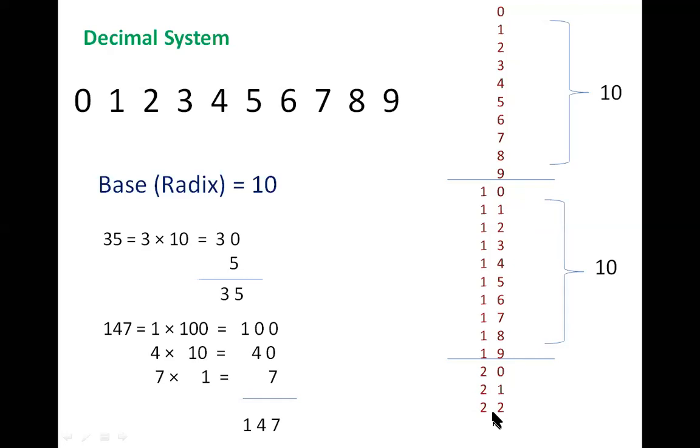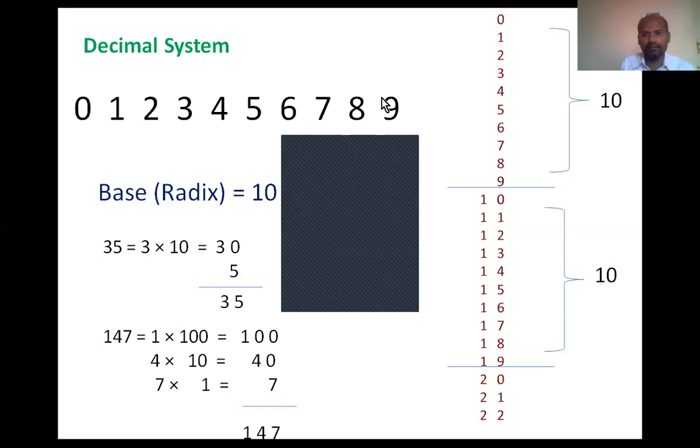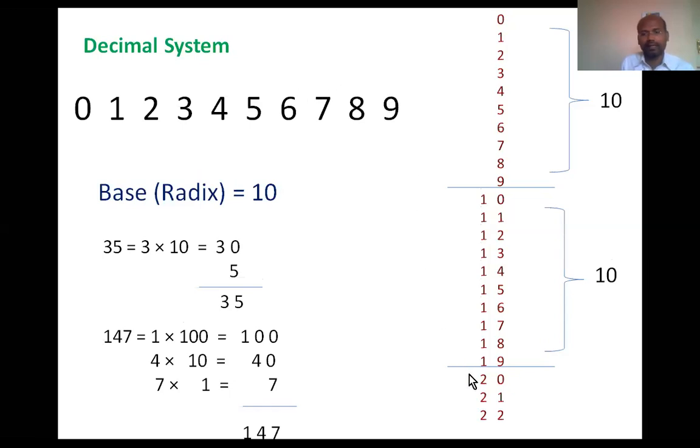Is it clear? Please, all of you, is it clear? Yes, sir. Okay, are you following? Yes, sir. Okay. Now what does this 2 indicate? We have used all the symbols 2 times. All the symbols means how many symbols are there? 10 symbols. Those 10 symbols 2 times means 2 into 10, plus you are counting, you are on 2. So 20 plus 2 is 22. Like that, the counting takes place, right?